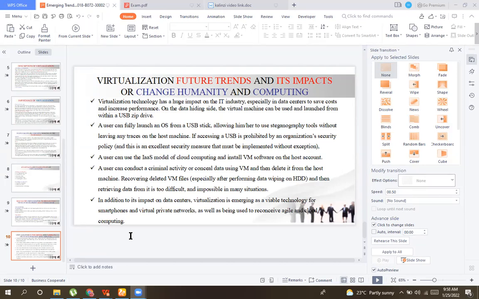It can be mobile devices, or computer hardware, among others. So here a user can fully launch an operating system from a USB stick, allowing him or her to use tools without leaving any trace on the host.